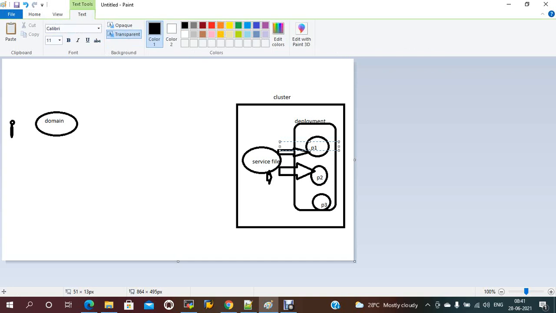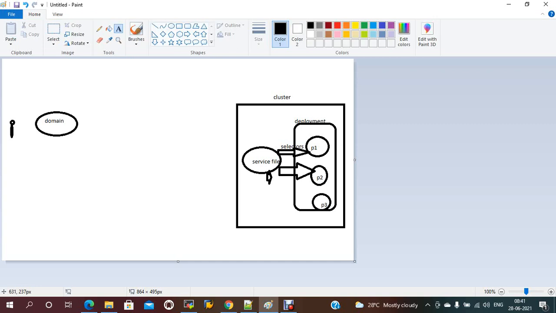So this service file will have NodePort, ClusterIP or LoadBalancer, depending on the need.